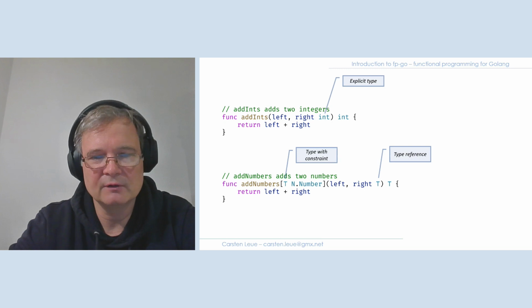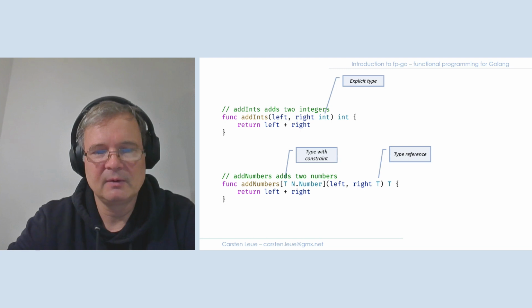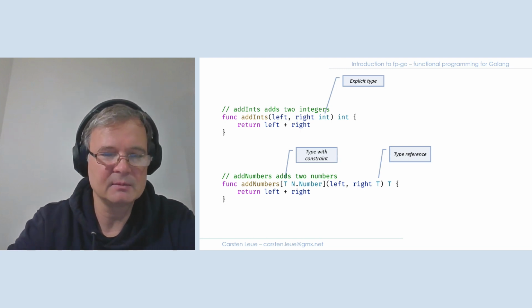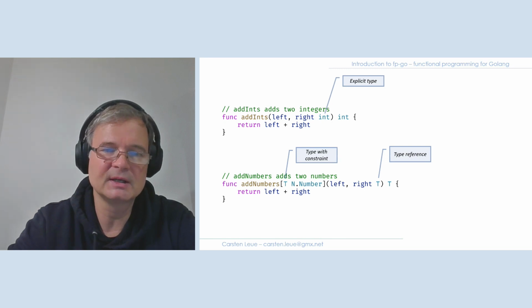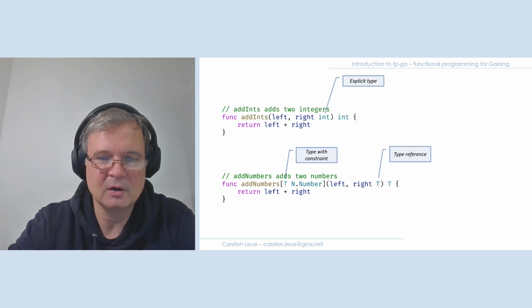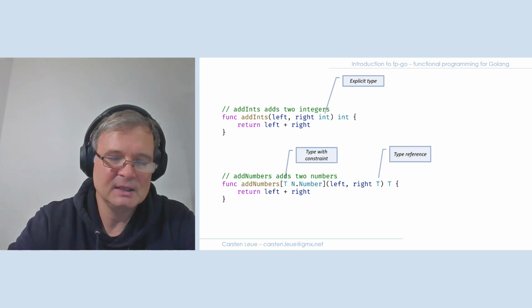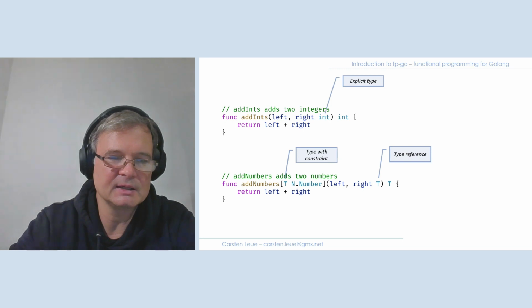With the introduction of generics, which you can see in the second example here, we can make the actual type a parameter, a variable of the function, and we do this in these square brackets after the function name. We see that we have introduced T as a type constraint. Then we can use T across our parameter definition and our return type. And the part after the T is a restriction on the possible types of T. In this case, it's restricted to be of a number type.